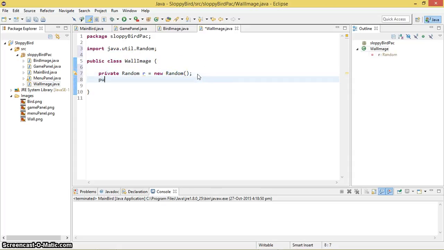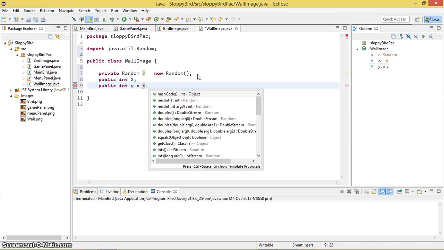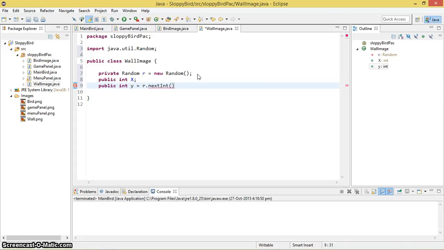And the public int x, public int y equals r dot next int game panel dot height minus 400 plus 200, and